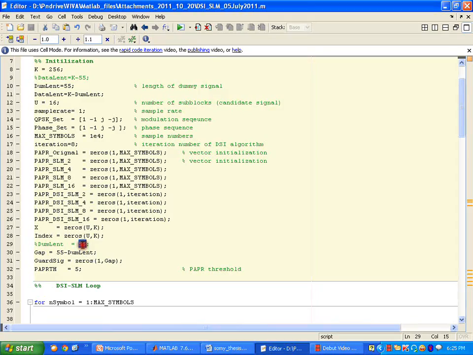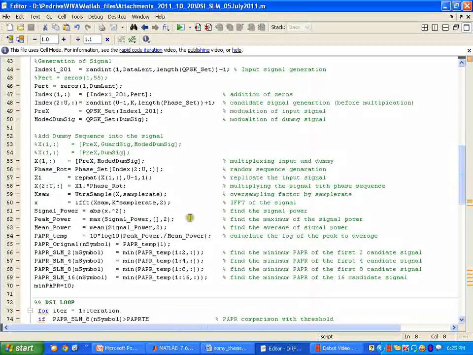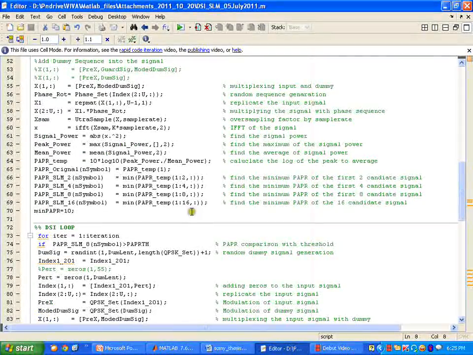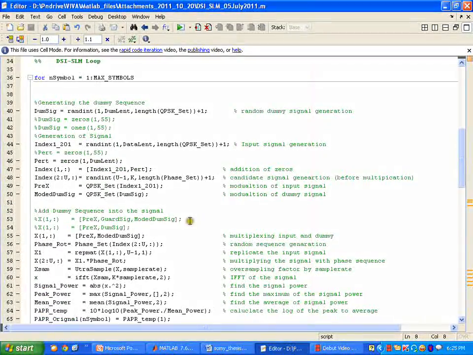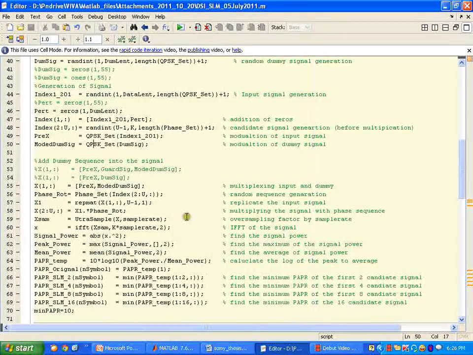Here the number of dummy symbols that I have added is 55. And the length of the signal is 256. As I showed you, QPSK modulation is used for this project.